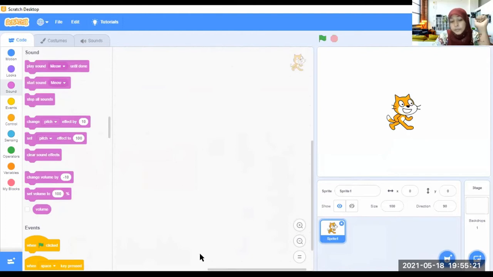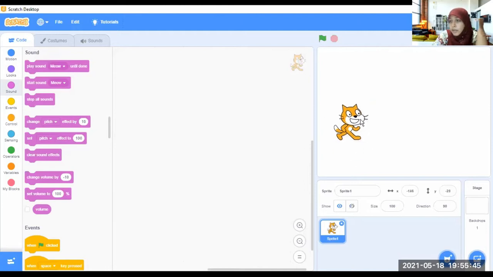Okay, right. So here, everyone, this one is the stage. Everyone can see, right? In the stage, there are sprites. These are called sprites, right? We script these sprites.